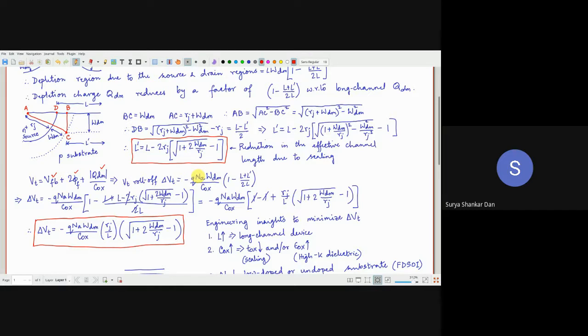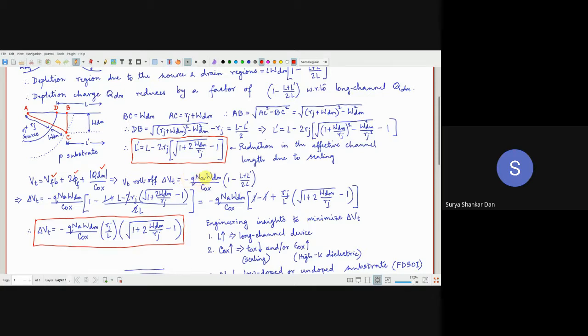Please understand that I am not saying that VT scales with technology, but VT reduces with technology. We will come to that in a minute. So always keep that in mind. VT is not scaling with technology. VT is reducing with downscaling. There is a difference between reduction and downscaling. We will look into it. So VT roll off will be delta VT. As there is a decrease, I'll put a minus here.